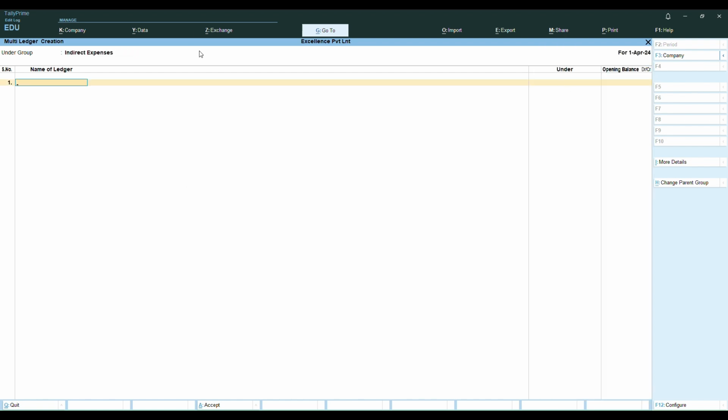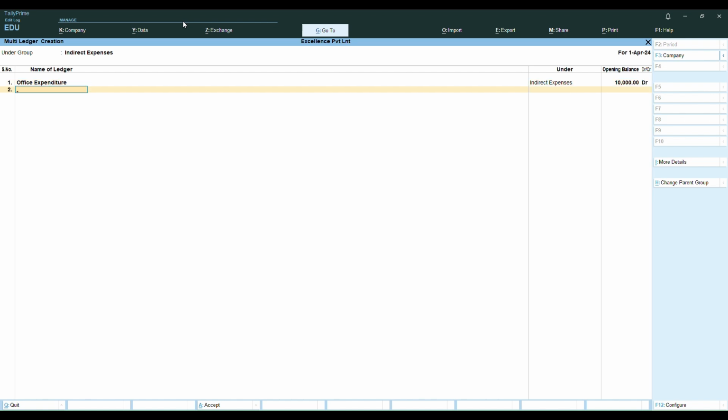Now let us create the first ledger and give it the opening balance as shown in the video. Let us call the first ledger office expenditure, and let us give it an opening balance of 10,000 rupees.